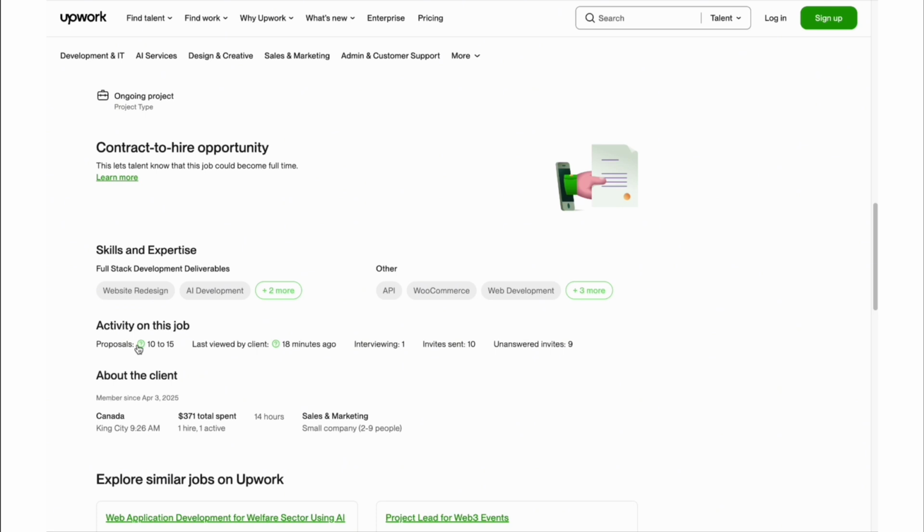This gig offers $2,500 as a fixed price, which is a very serious budget. And if you scroll down, you will see there are only 10 to 15 proposals submitted so far, and only one person is being interviewed. That means there is still a real window for opportunity here, especially if you apply quickly with a well-written, tailored